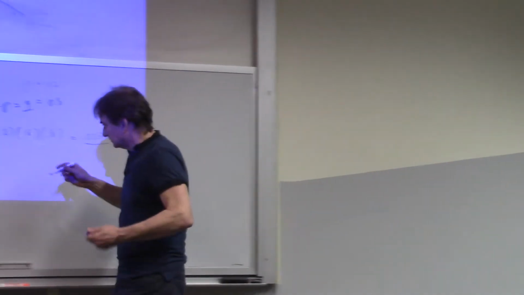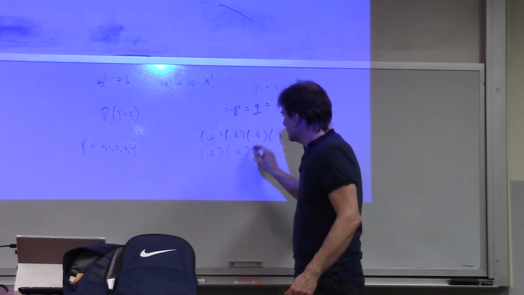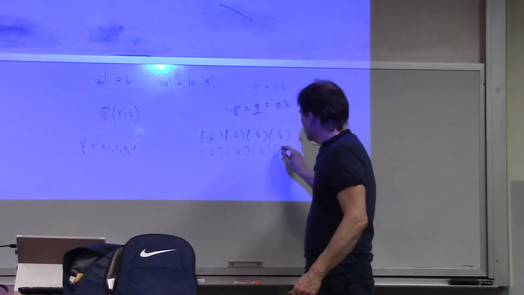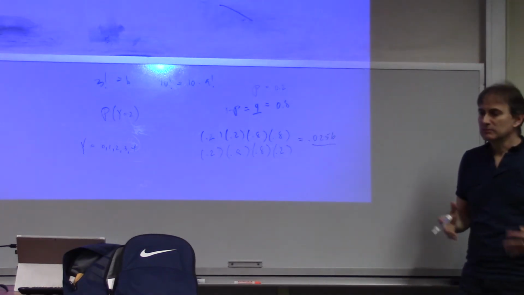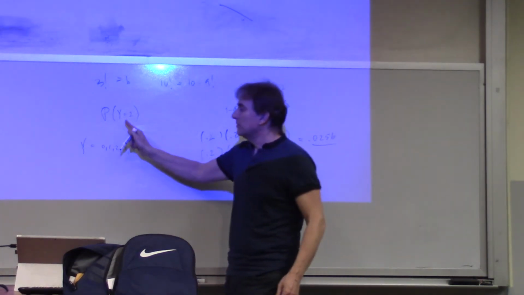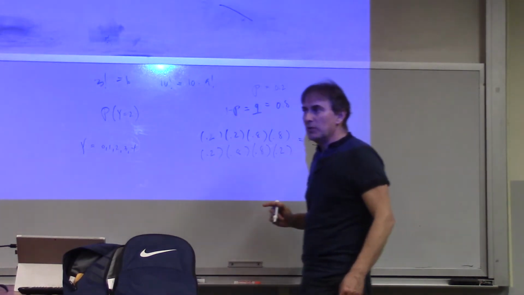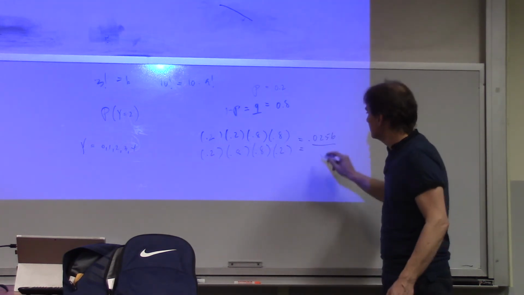But what happens if I get a strike and then I miss, and then I miss again, and then I get a strike? That's a different sequence of successes and failures, but it still is part of 2 successes for y. And of course, we know since multiplication is commutative, it's going to be also